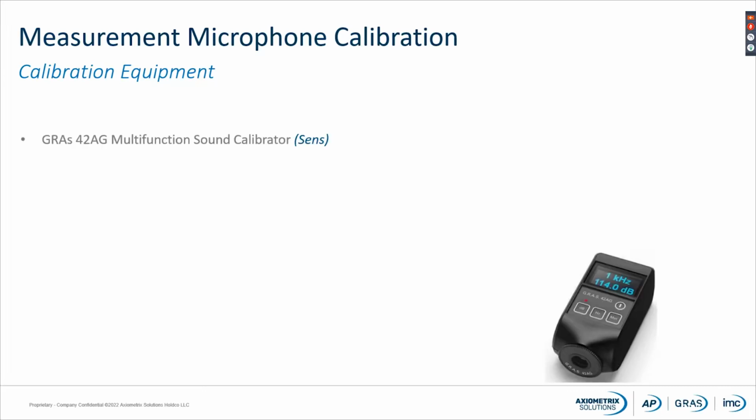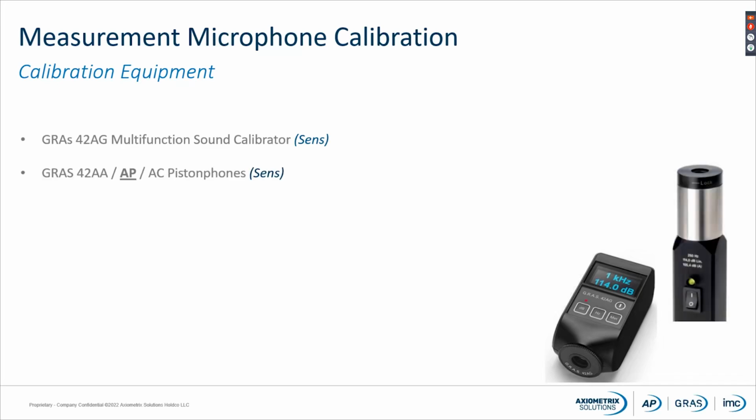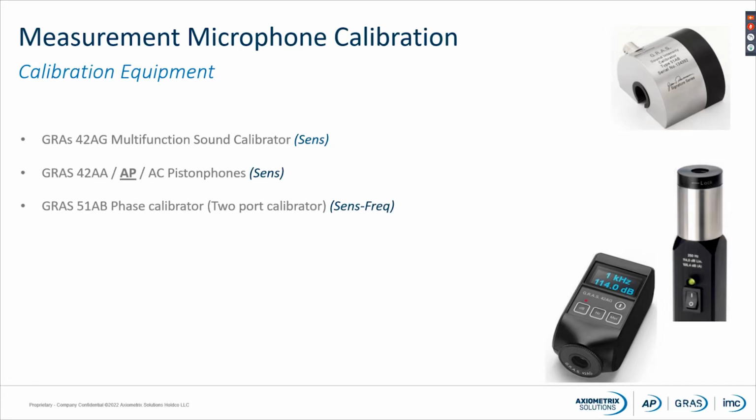If we look at equipment available for calibration, we have the GRAS 42AG, a multifunction calibrator for sensitivity calibration in the field. The GRAS 42AA, 42AP, 42AC, the piston phones, also for sensitivity calibration, but in laboratories. The 51AB is a two-port calibrator, which can be used for comparison calibrations for finding the sensitivity,